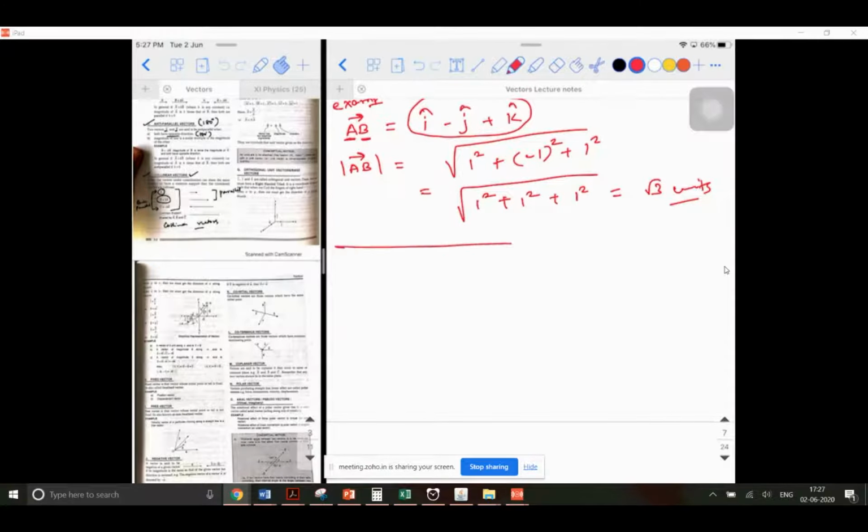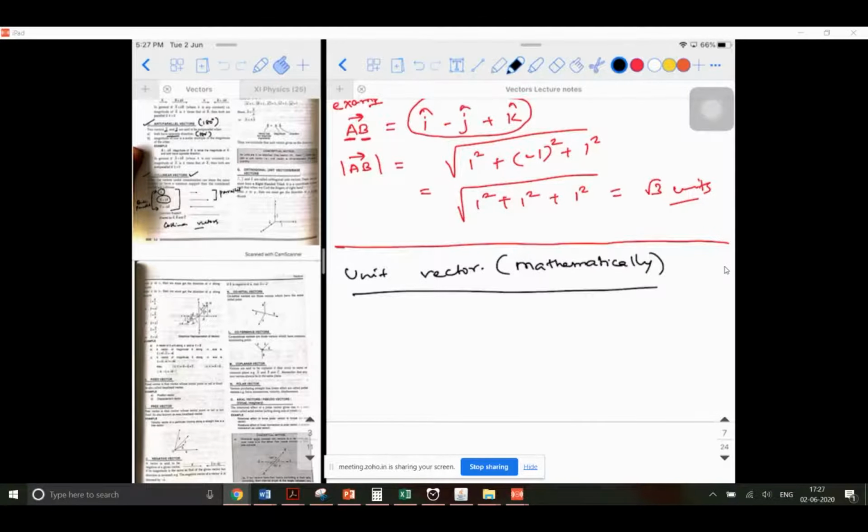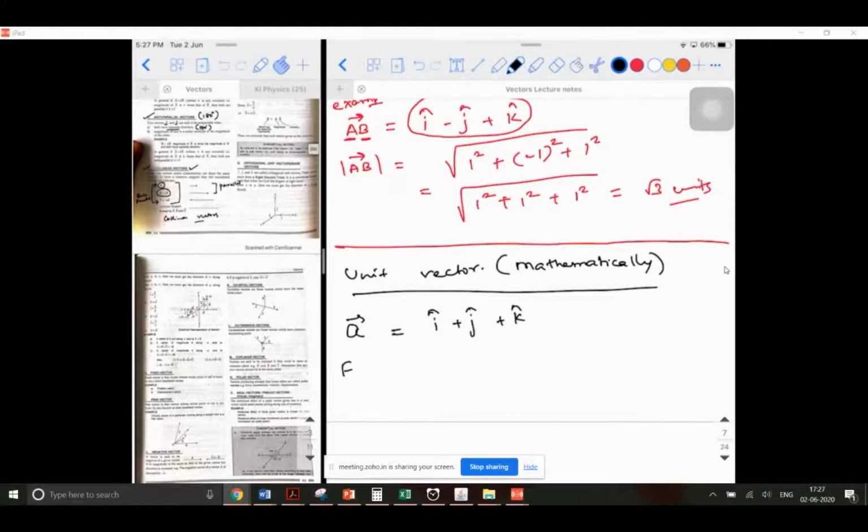So now you understood how to calculate the magnitude when the vector is given in terms of orthogonal unit vectors, right? Now let's try to calculate a unit vector. Again, I'm going to revisit the concept of unit vector. I'm going to approach it mathematically. In the above process, I did it theoretically. Now I'm going to do it in terms of mathematics. Suppose there is a vector A vector equal to i cap plus j cap plus k cap, and the question is like this: find the unit vector